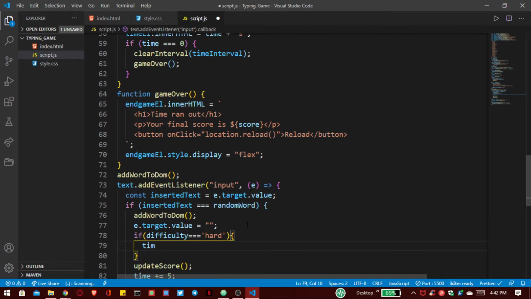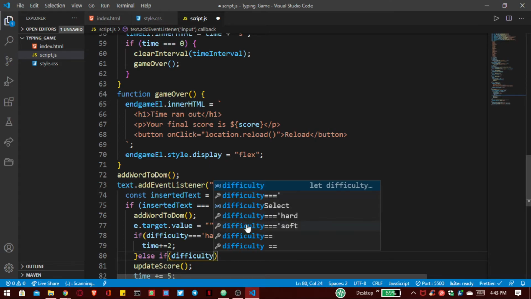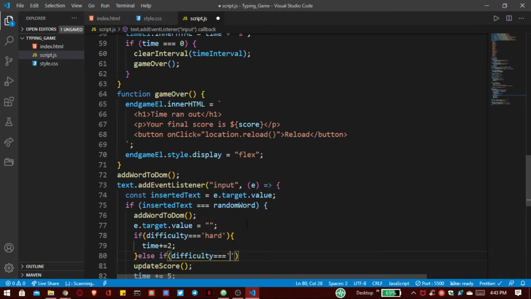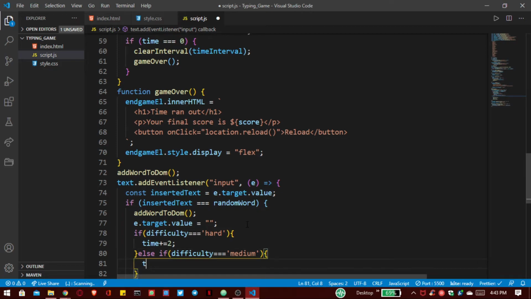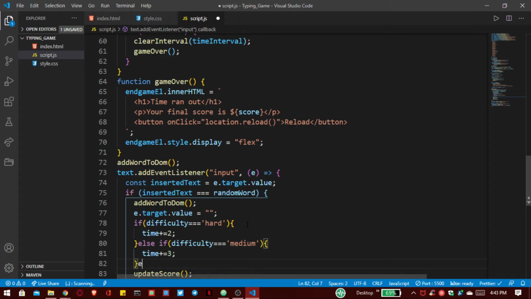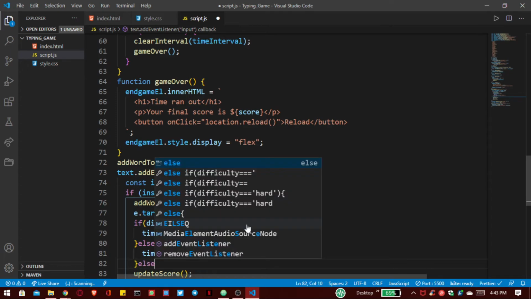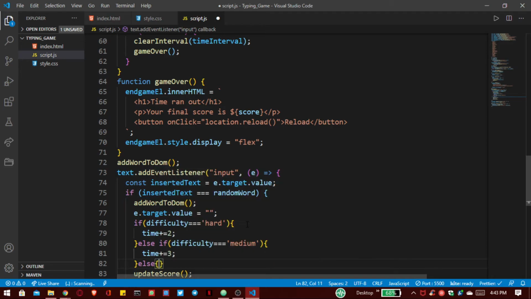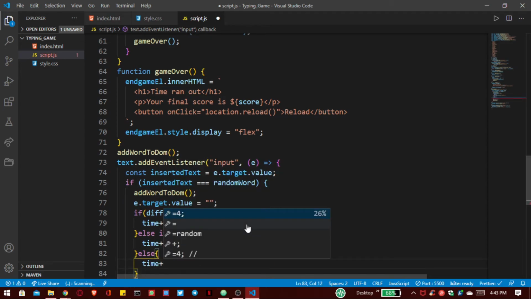then the time is increased only 2 seconds, else if difficulty is equal to medium then the time is increased by 3, and else the difficulty is easy, the time is increased by 5 seconds.